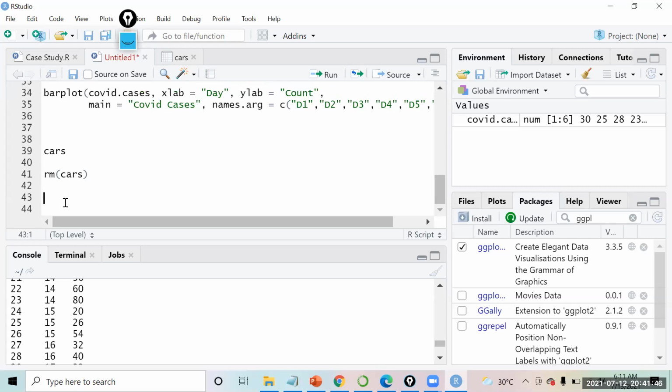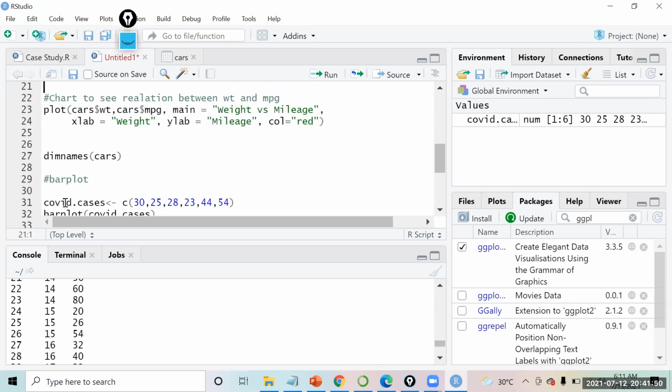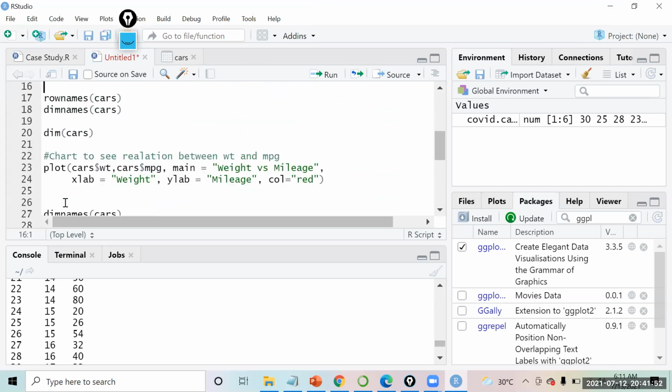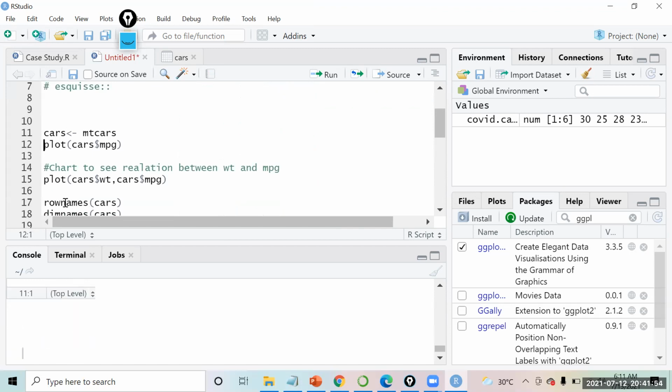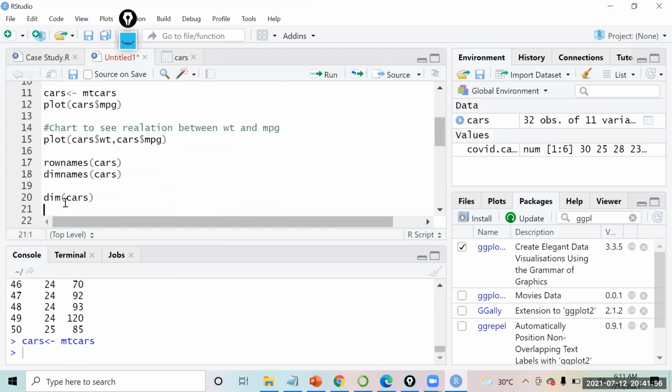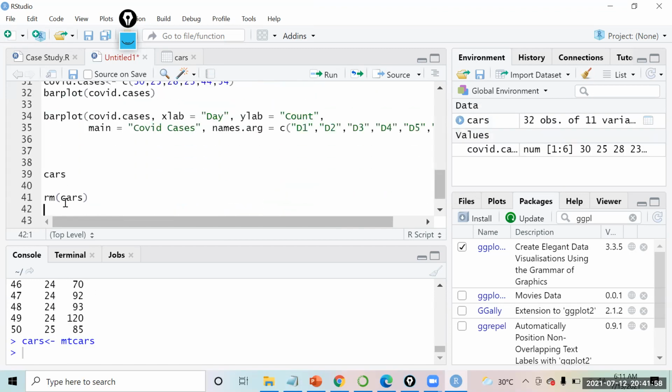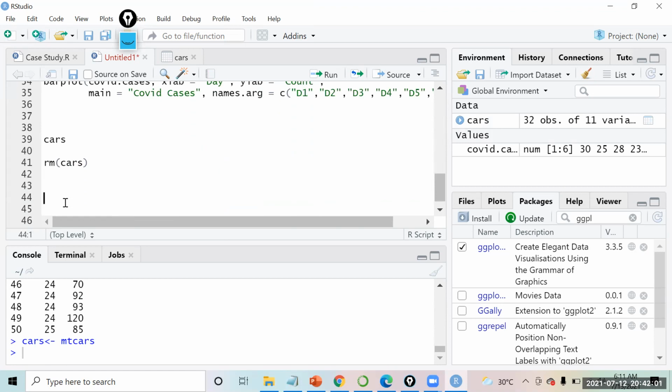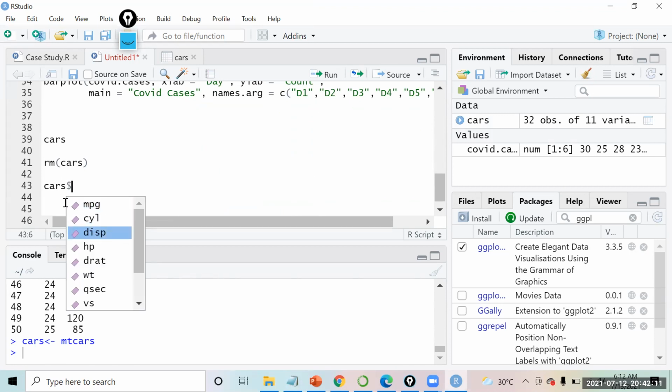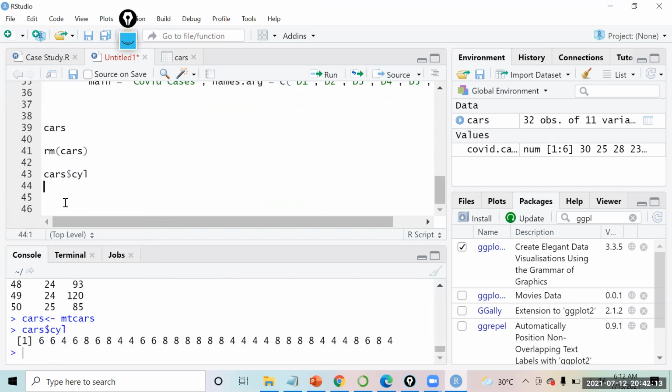Let me just show you that. In the meantime, let's do one thing. This cars that I had created, just recreate that up. Done. Okay. So now suppose I have this data with me, that is cars, and if you will see in this, I have a variable with me that is cylinder, right? So the cars are having either 6 cylinders, 4 cylinders, or 8 cylinders.